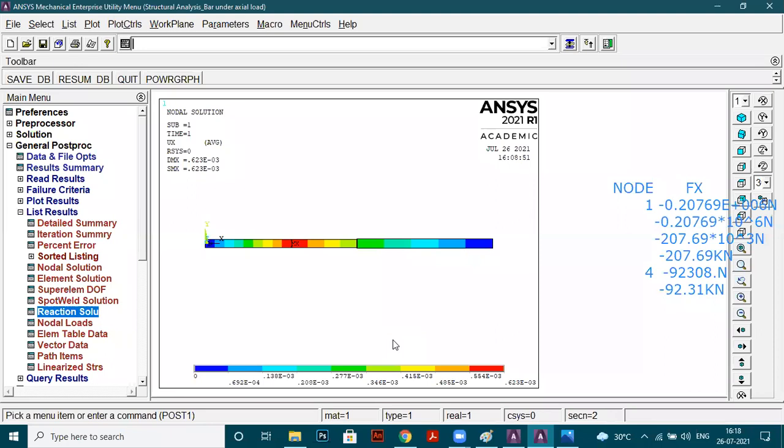Yes, sir. Okay, so this is how we have performed the practical. In the previous lectures, we have solved this problem manually, and now we have solved it by using ANSYS, and we have compared both the answers. Both the answers are matching exactly, right?